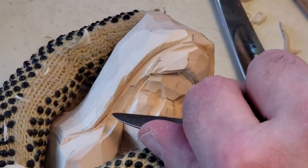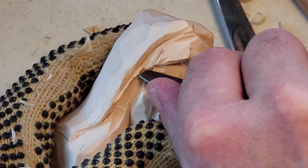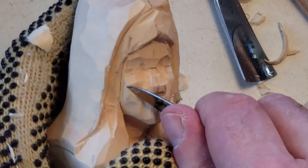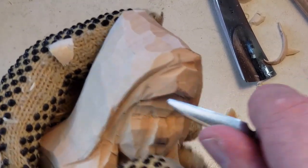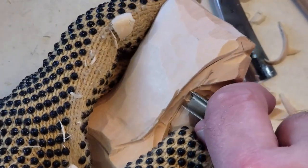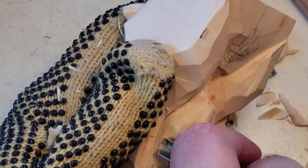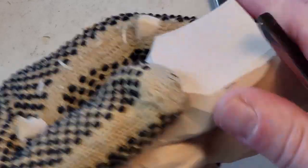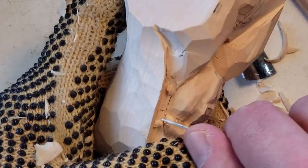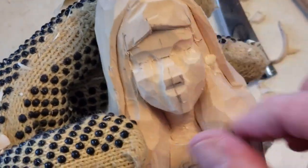I want to finish this because I want to start getting into the face. Yeah, I think I could start getting into the face now. What I want to do is make sure things are round. Where's one of my round tools here? I want to finish this. This cut comes around and gets the temple. And we want a round temple because when we do the, let's fix it so I can show you, is when you get this